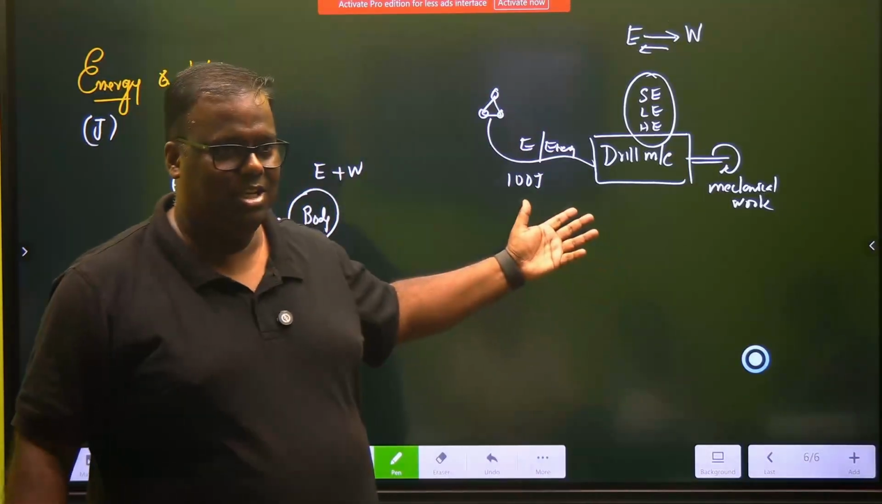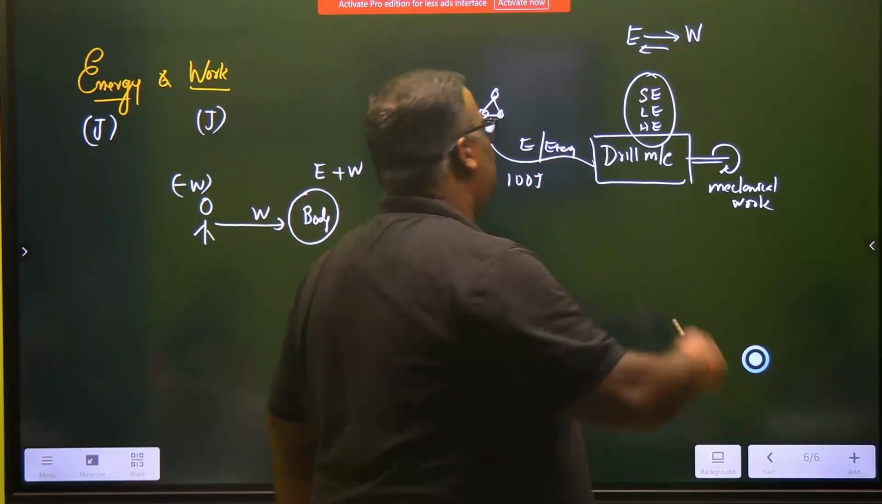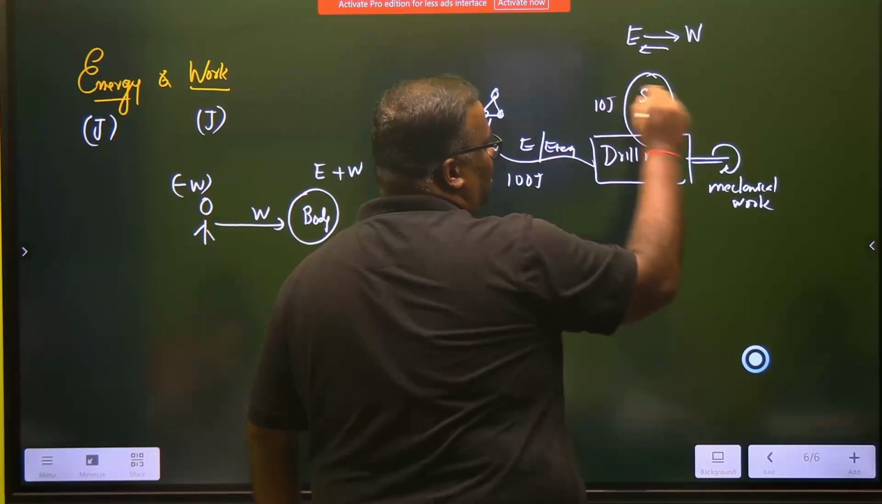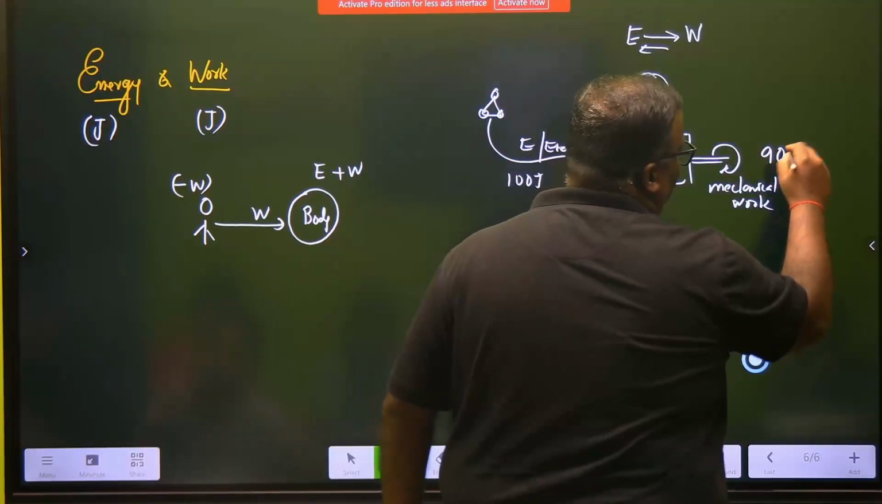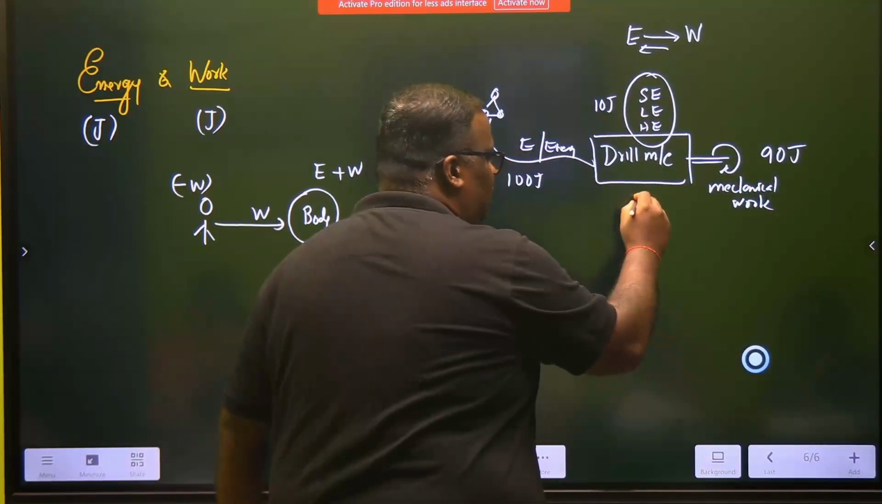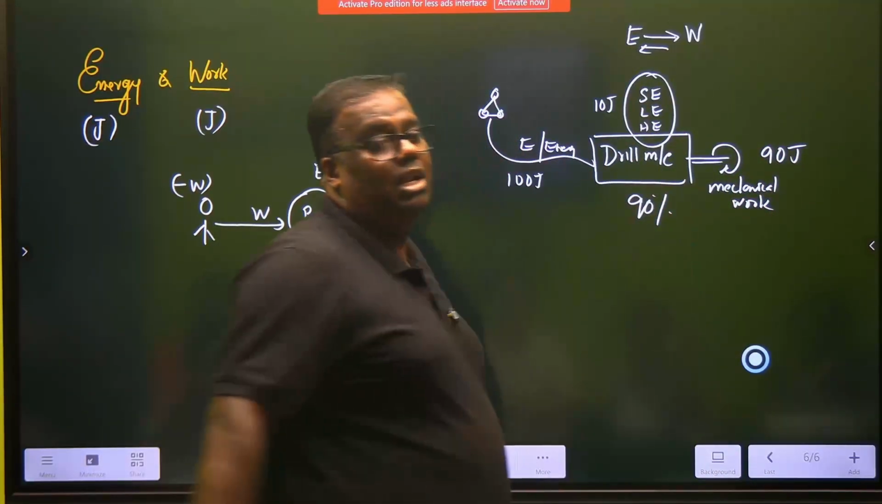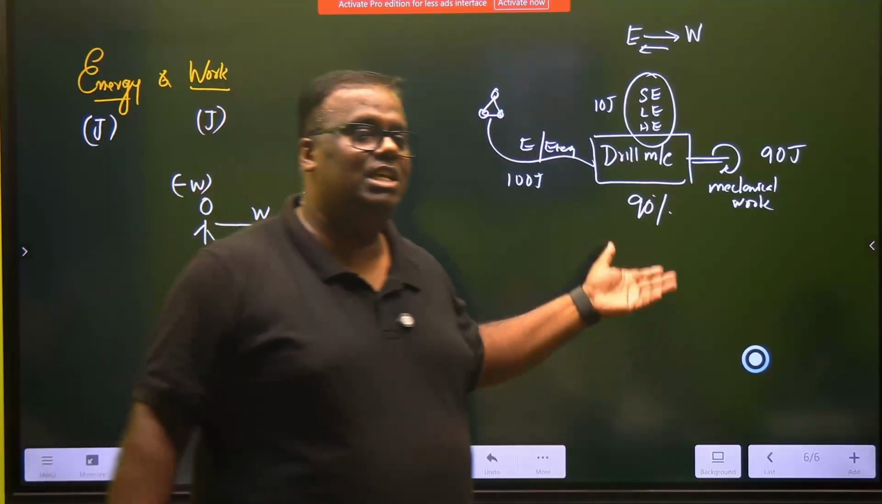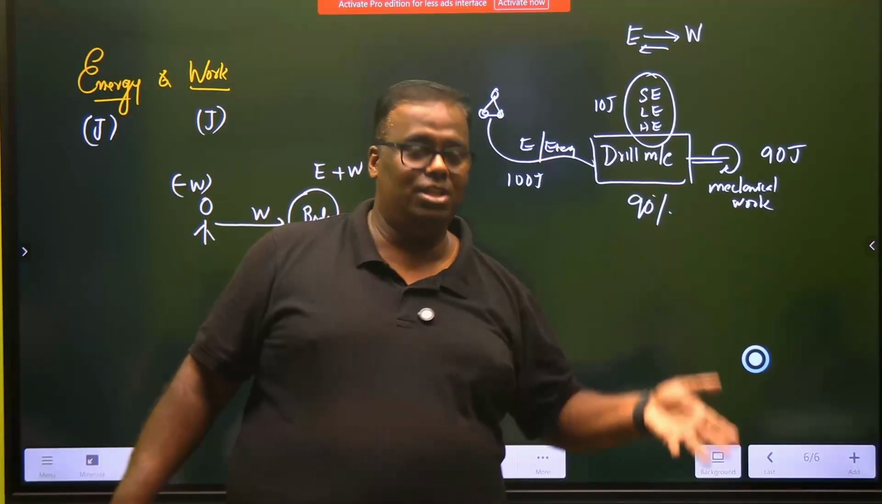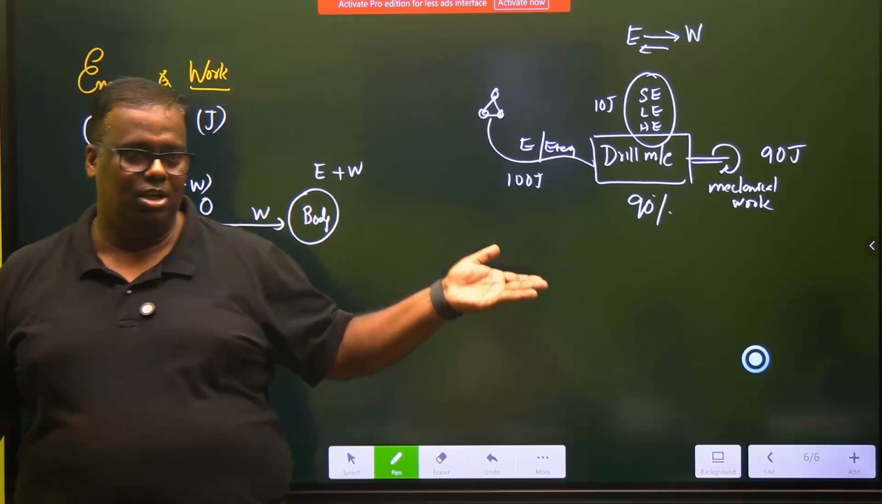These are losses. So say suppose 10 joules are gone here. So how much of mechanical work are you getting? 90 joules. So the efficiency of this machine is 90%. Efficiency is energy output divided by energy input into 100%. I feed you 10